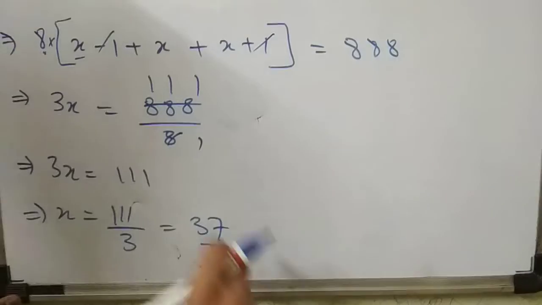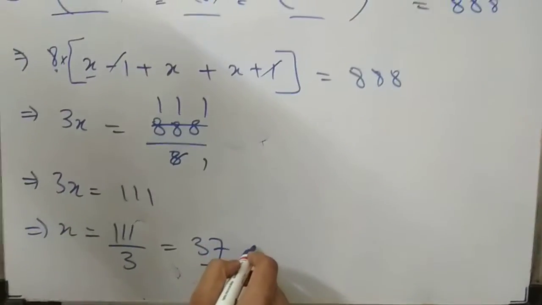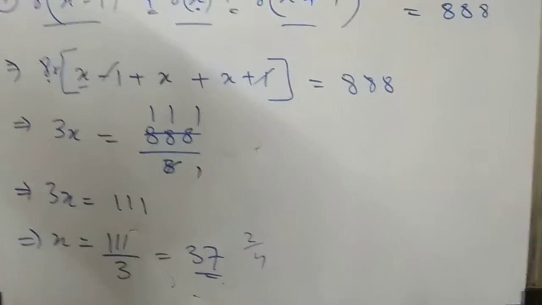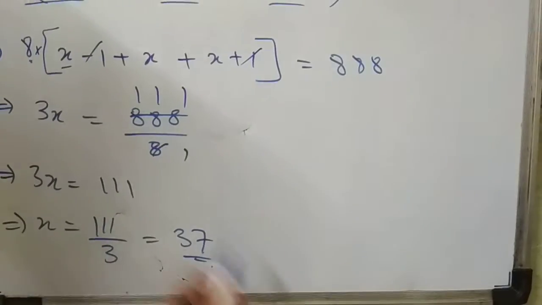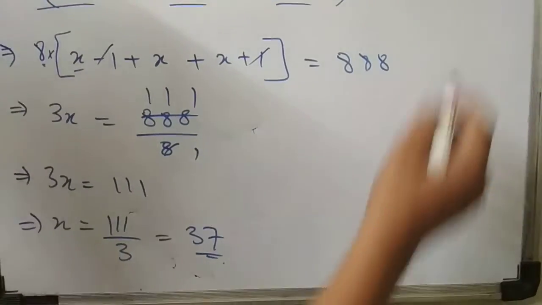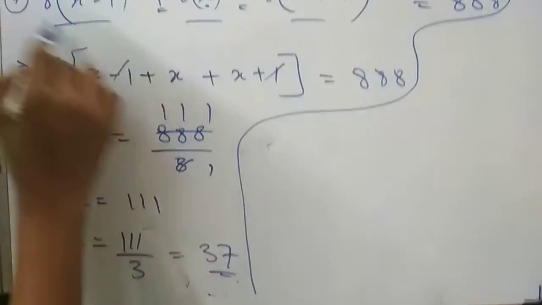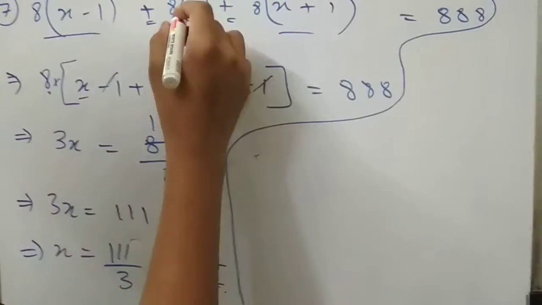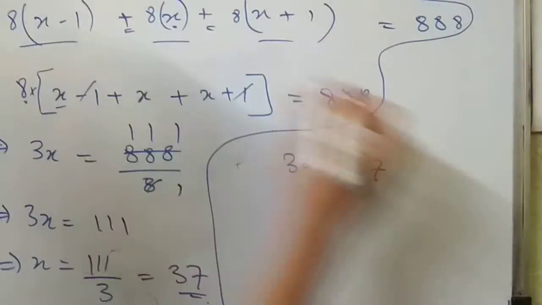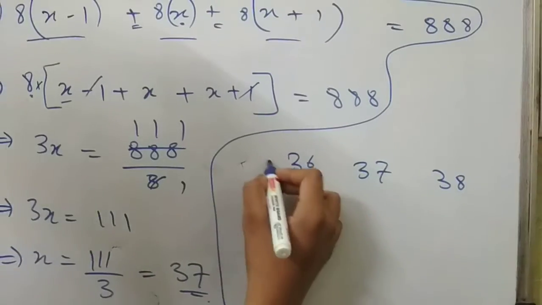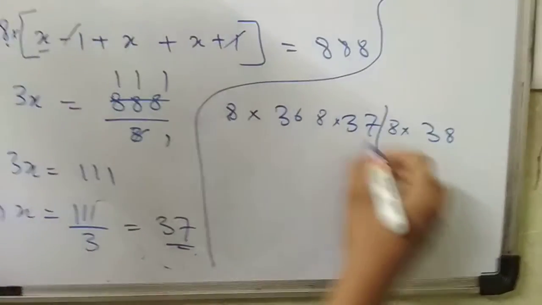So that is your answer, but don't leave the answer written like that, because if the question carries 4 marks, you will be getting only 2 marks. The rest 2 marks are gone. Basically students make this type of mistake, just finding the value of x. But what is the question actually demanding? The question is demanding the multiples of 8, that means these numbers. Now 37 is the middle number. The previous number is 36, simple. The next number is 38. Now simply multiply each one by 8 and that is your final answer.